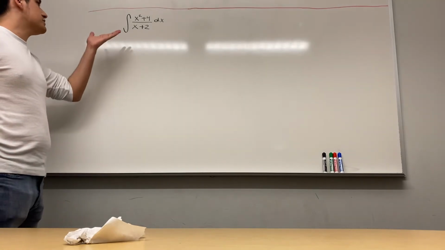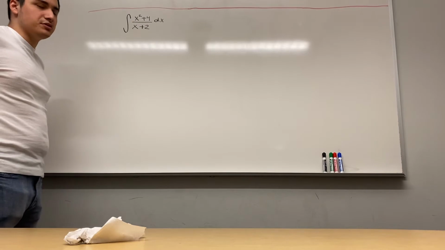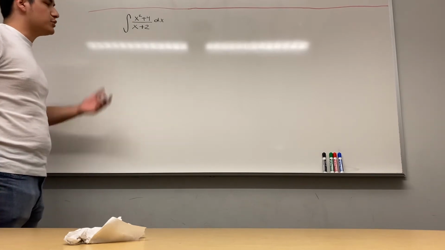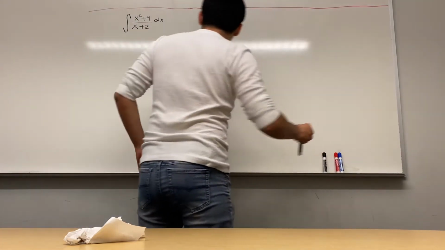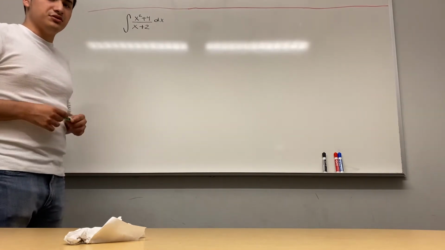Now, in order to evaluate an integral like this, we can use something called U-substitution. And U-substitution is usually one of the methods that we try to use when evaluating a series of integrals. Now, in order to go about this integral, assuming that we are going to try U-substitution, we first have